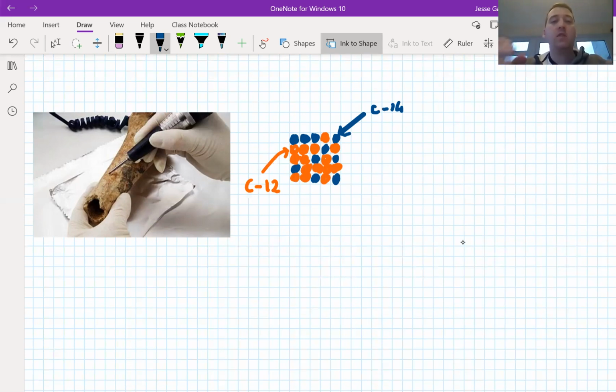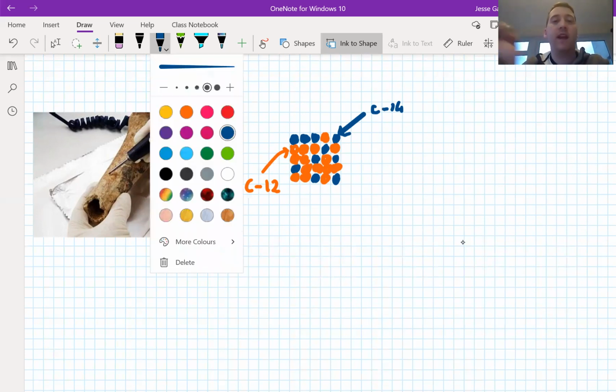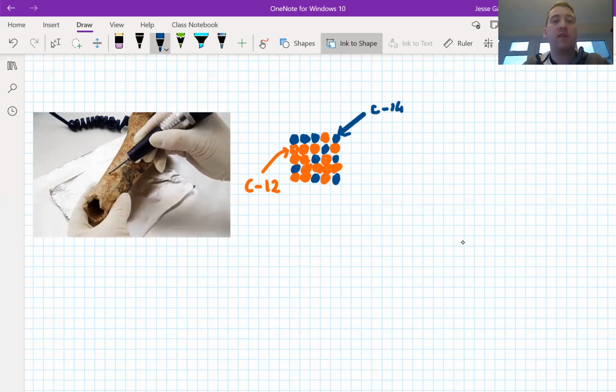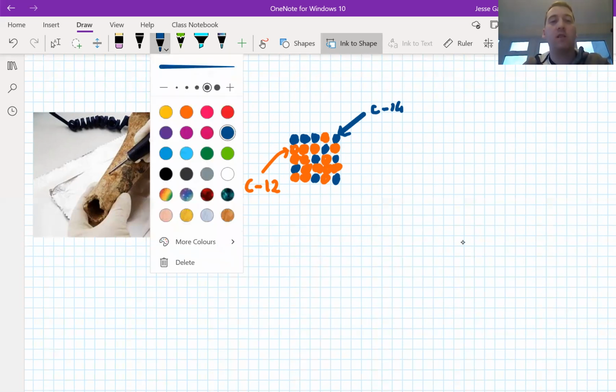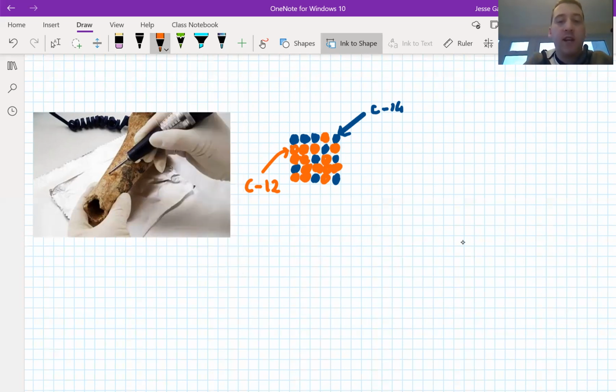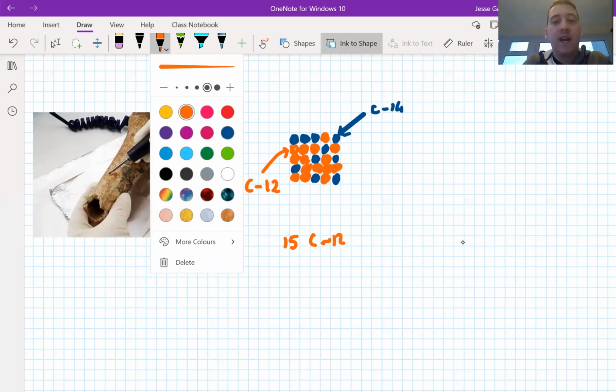Now, because the tree is alive, it's always taking in carbon. So in this particular example, we have 15 carbon-12 atoms, and we have 10